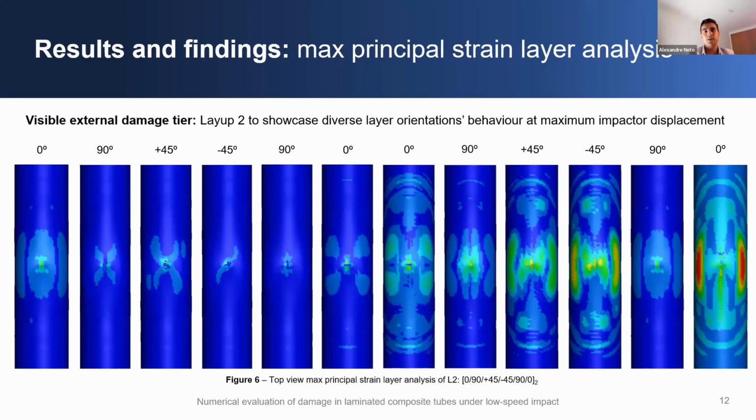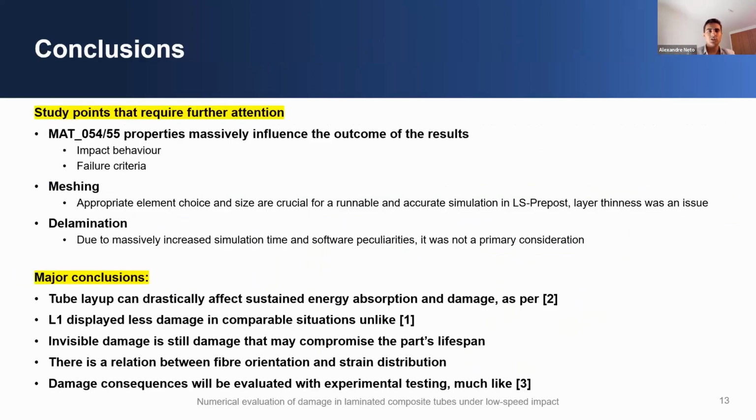So we can see similarities between the layers with the same orientation regarding the way the strain is distributed. And most notably, the strain evolves in the opposite direction of the fibers, the fourth layer, the -45, being very apparent, as well as the outmost layer on the far right, where the orientation is 0 degrees axial and it suffers a lot transversely. Concluding,